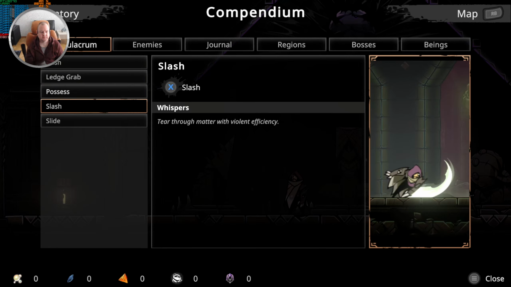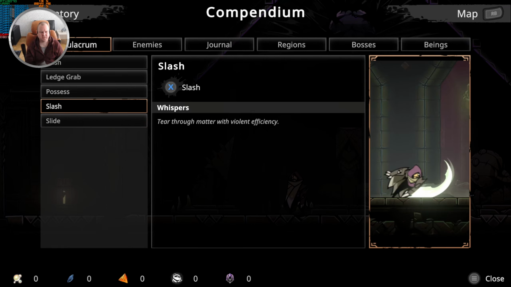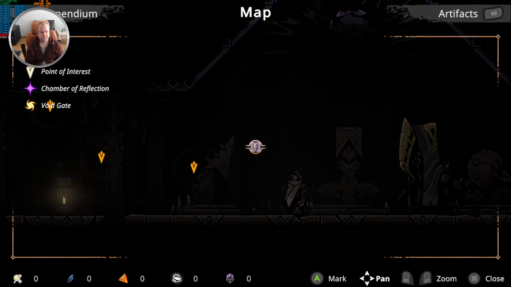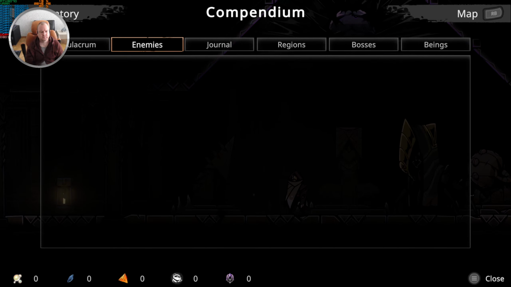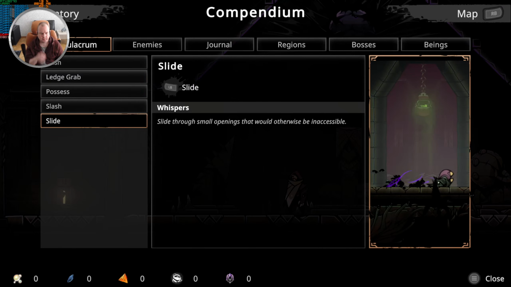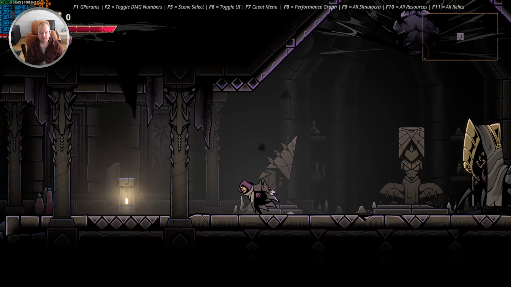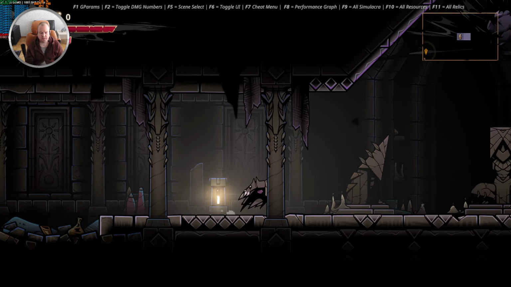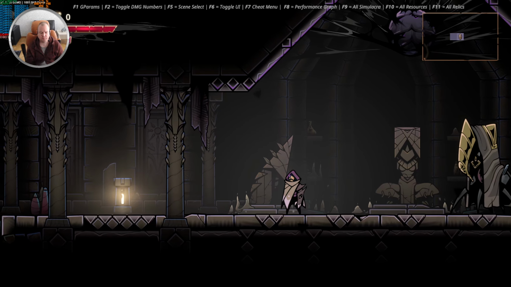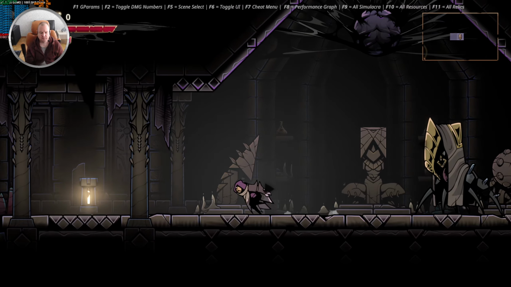Dash. Slide with left button. So dash and a slide. That's interesting. I cannot check my journal or anything else, but okay, so this is probably abilities or stuff you got. Yeah, there's no analog movement. This is probably a game I would have wanted to use my D-pad for. Might see if I can...